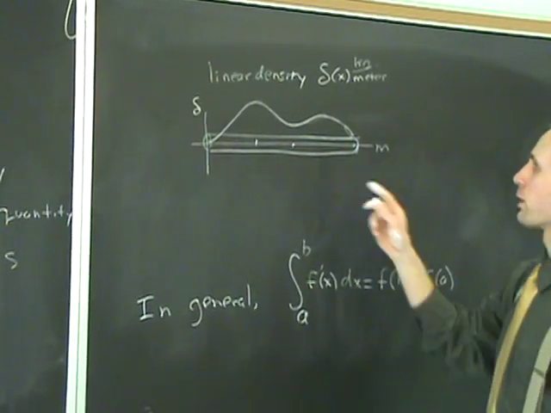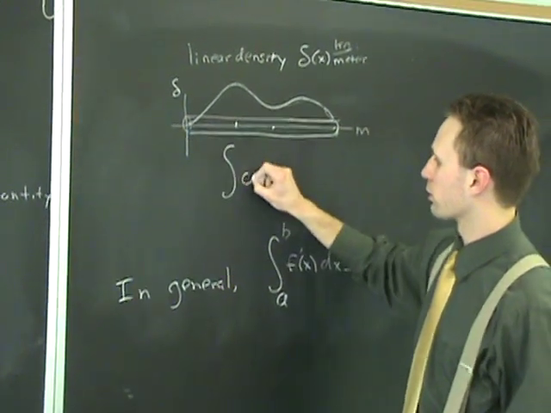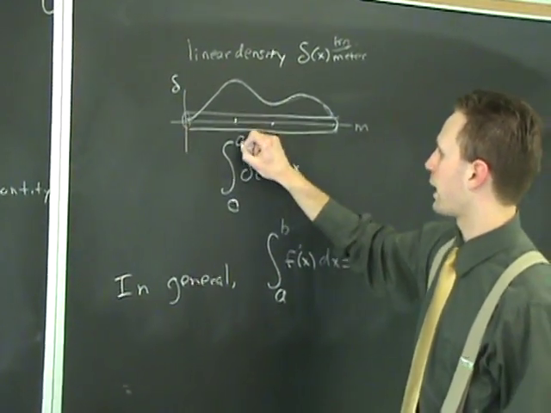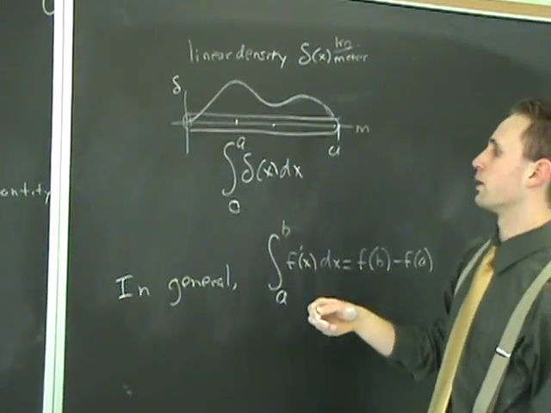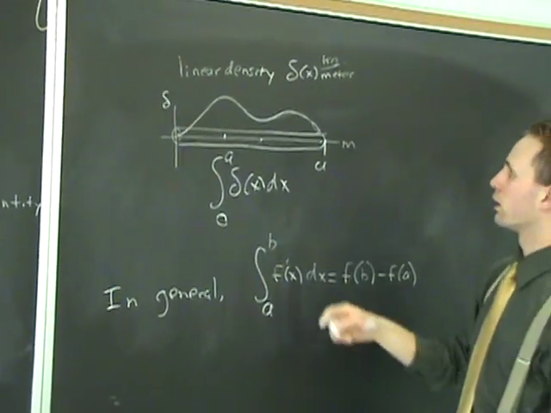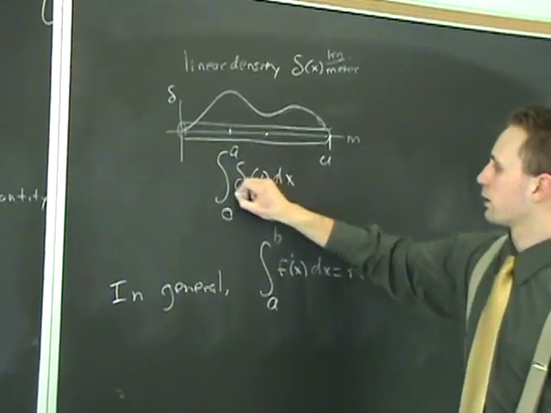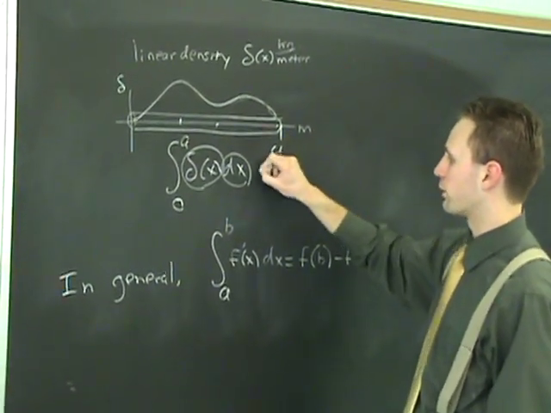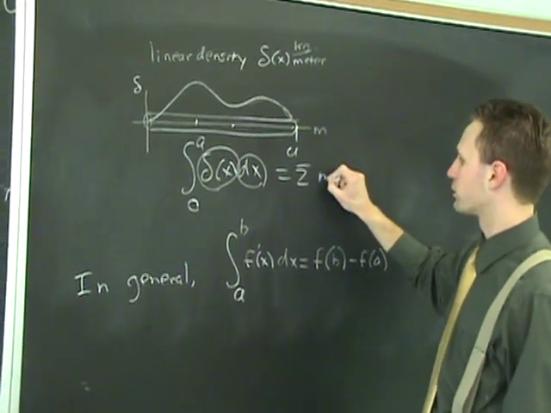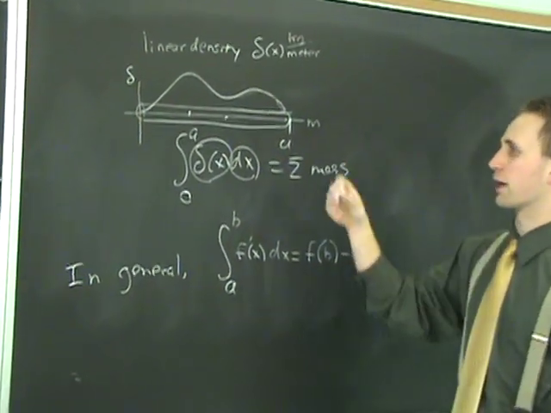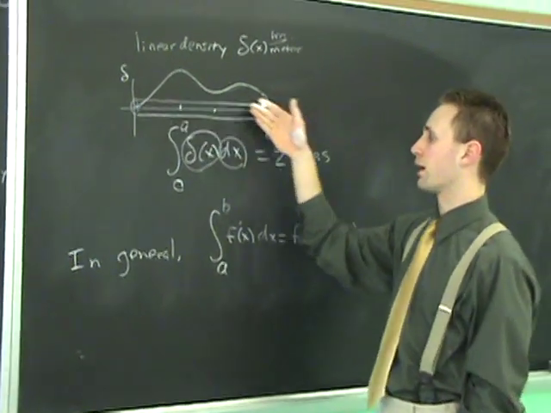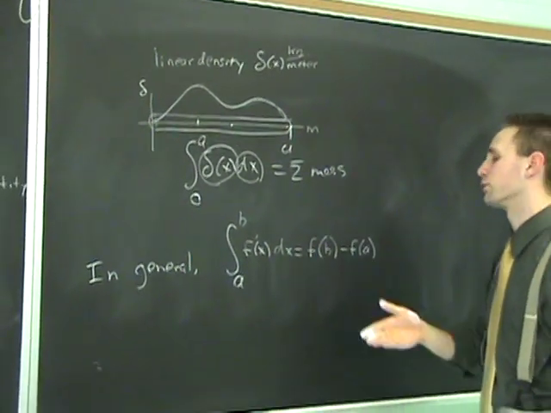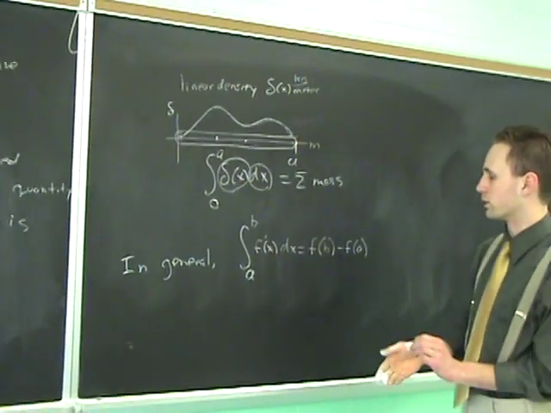What you get if you integrate this function, the integral of delta of x dx, from 0 to a, if that's a, what would that be? Well, you would look at the units and you would get kilograms per meter times meters, and this thing would represent the total mass. But again, it's like an accumulation of mass over the entire thing. So it doesn't always have to be a rate of time per se,